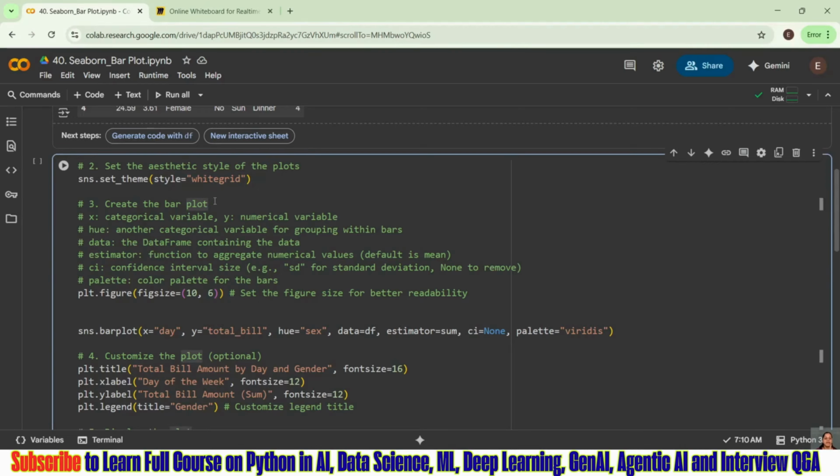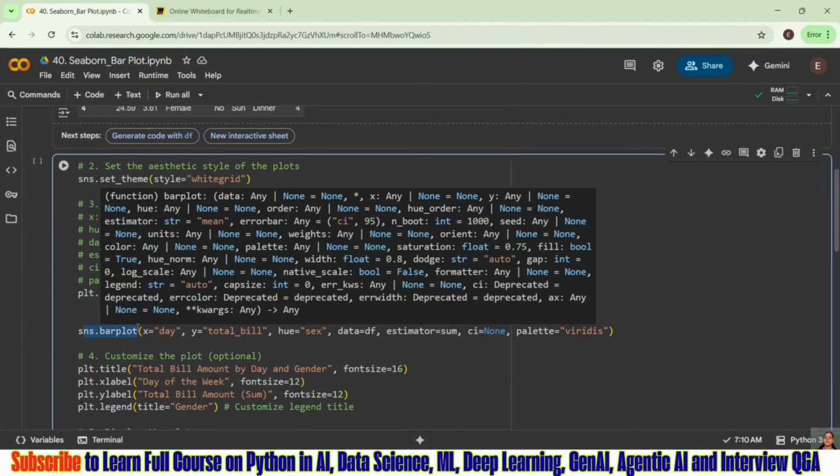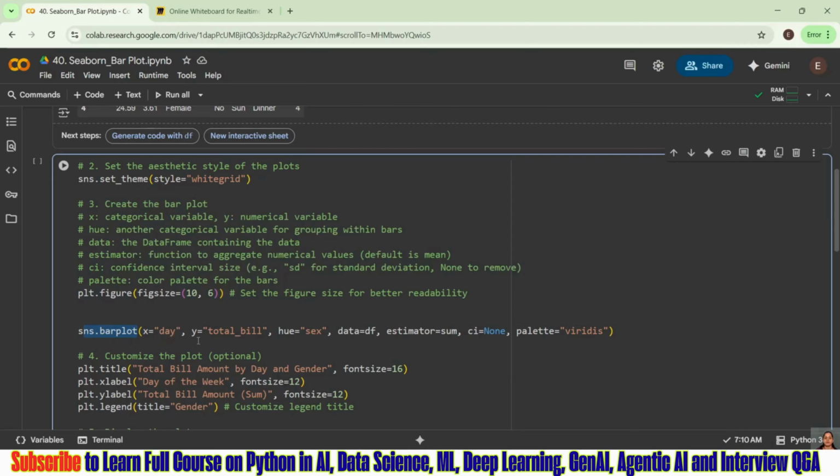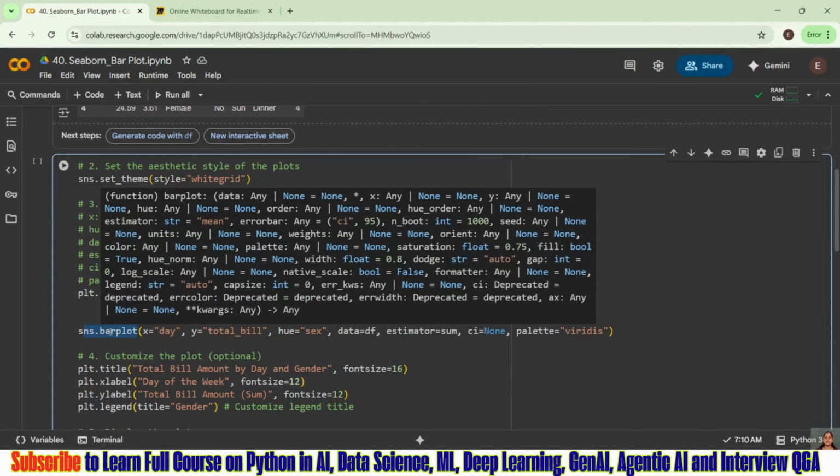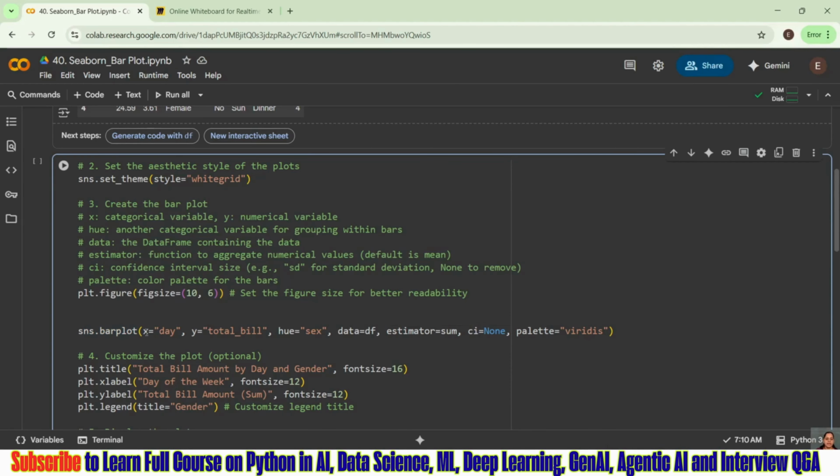Now we are creating our bar plot. What are the considerations we did here? We have taken the figure size or the plot area. Then I am taking sns.barplot. You can just remember it like that: barplot, scatterplot. Then I am taking my x-axis as day and y-axis as total bill.